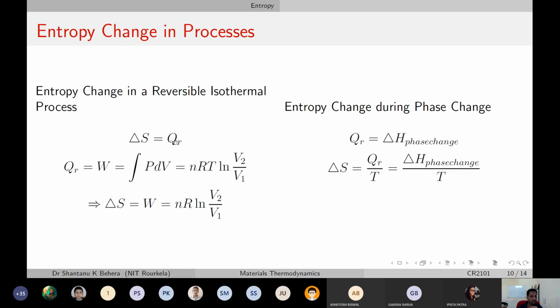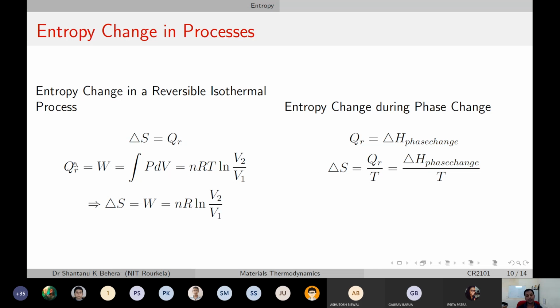This is wrong. This has to be by T, isn't it? Yeah, please make sure we note that. So del S in a reversible process is QR by T. It doesn't have to be an isothermal process, but del S is always QR by T. T is missing here. And if you talk about the isothermal process and apply the first law of thermodynamics, then